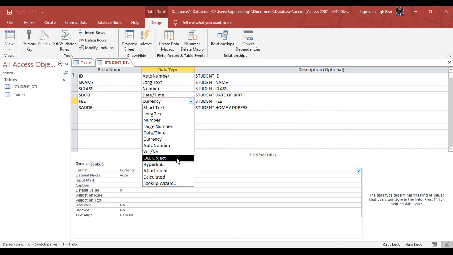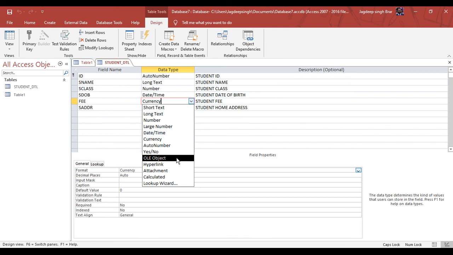OLE objects. The object linking and embedding object field stores OLE data, the highly specialized binary objects such as a Microsoft Word document, Excel spreadsheet, sound, video clips and images. The OLE object is created by an application that Windows recognizes as an OLE server and can link to the parent application or embed into the object data table.